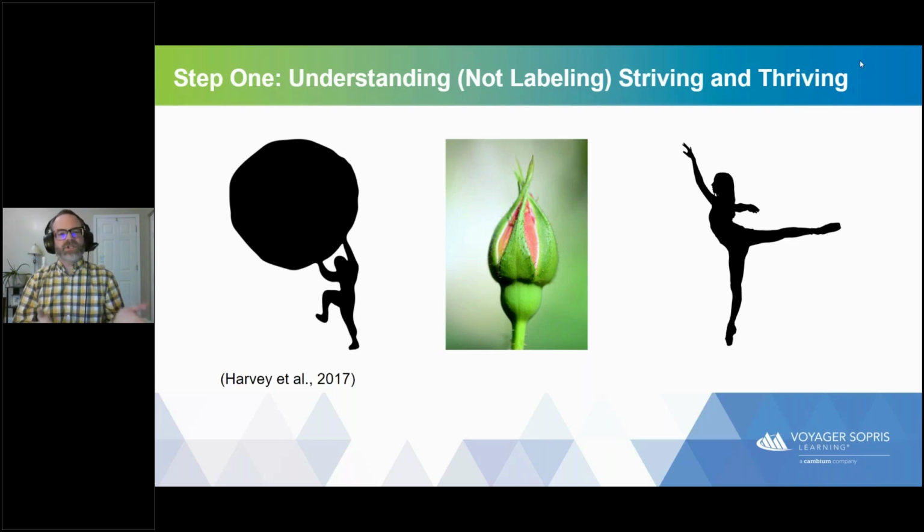And so the first image here you might recognize from Greek mythology, one of the things that I loved as a kid and continue to love to talk about in the language arts classroom. Sisyphus rolling the stone up and down the mountain. It seems like every day starting at the same task over and over again.